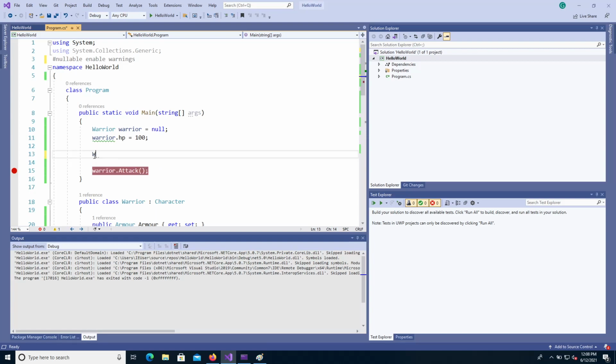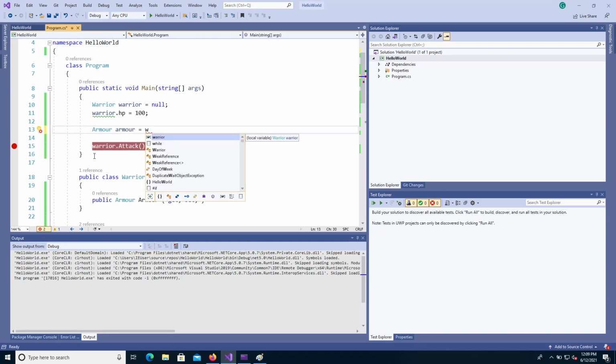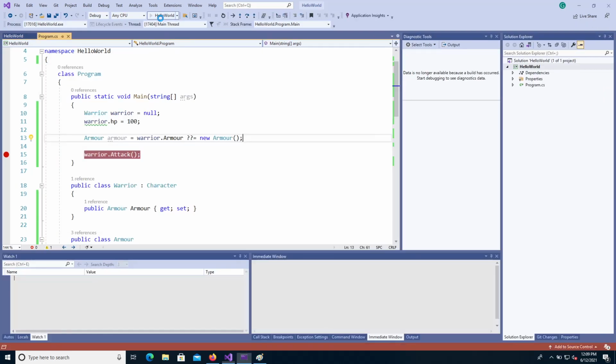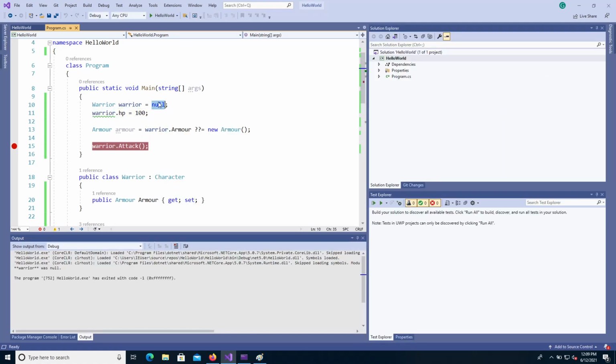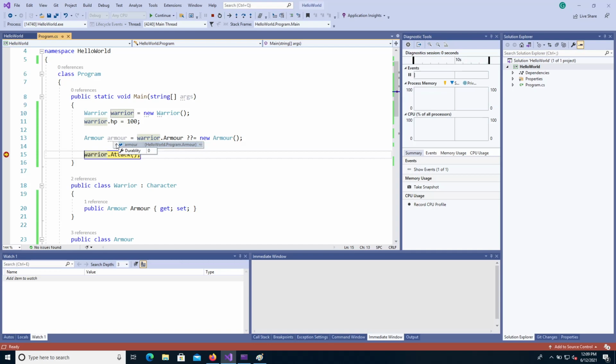if we have some weapon, or I called it armor, warrior armor, then I can do something like this. And of course, the null exception, since I forgot to revert my change. And now armor is initialized. Okay,